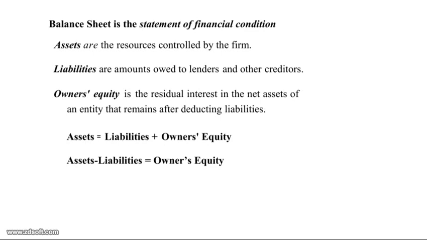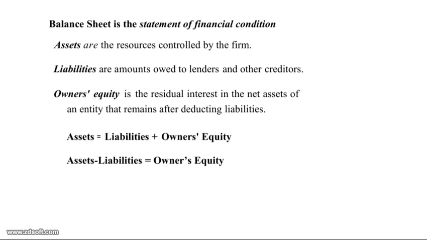It presents the company's present financial position by disclosing the resources. Resources are nothing but the assets, and its obligations to lenders. It means the company has to pay some loans also. The company has to pay some bank loans or other lenders, and it also represents other creditors at a specific